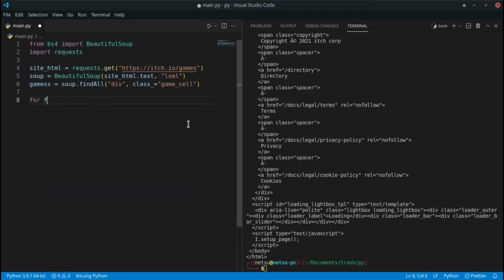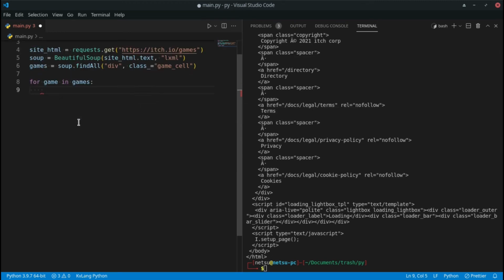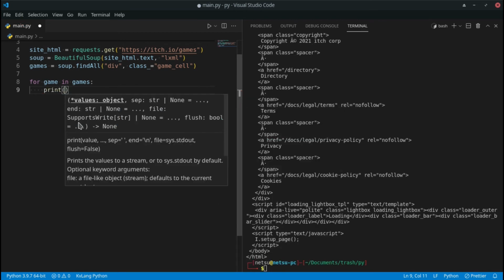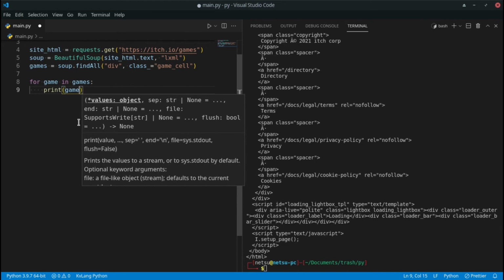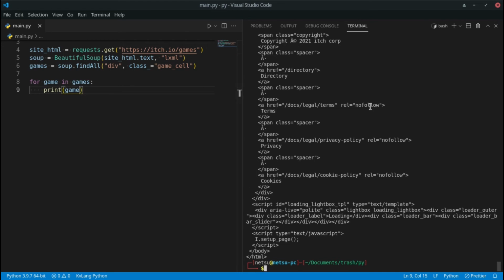So I'm going to remove that extra s there, and say for game in games, so just a basic for loop, and we want to tell it to return us the game. So I'm going to say print game.prettify, and I believe we don't need to do it. So now if we were to do this,